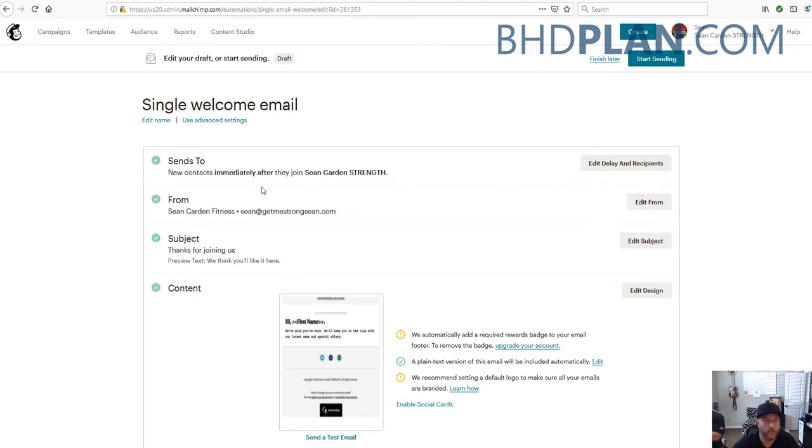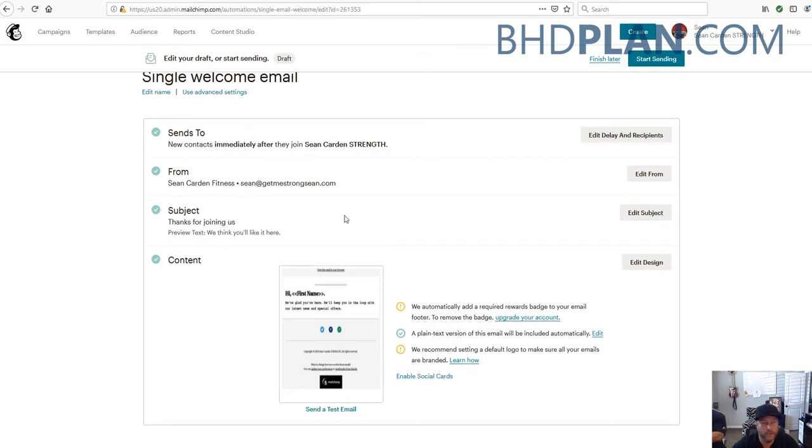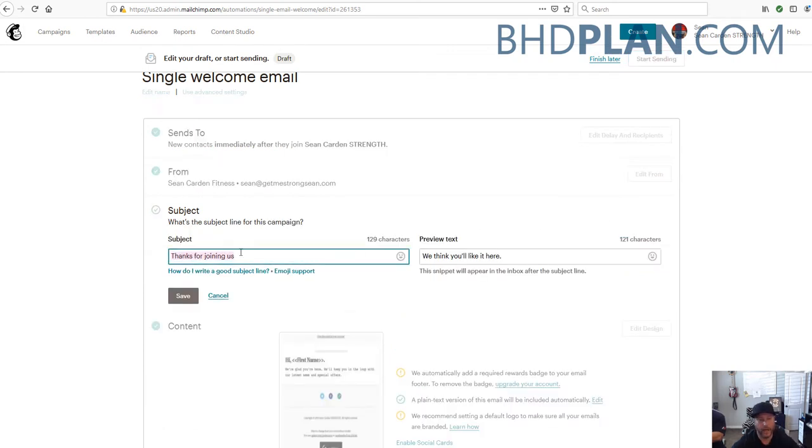So it sends to contacts right when they join, because when they hit their stuff on Clickfunnels, they're going to be joining this list. You want to put your from email in here from your domain that you created. If you're part of the BHD plan, you've seen a video on that, and I'll have to add one for free as well. So then you want the subject to be whatever you'd like, but you kind of want to make it something like,